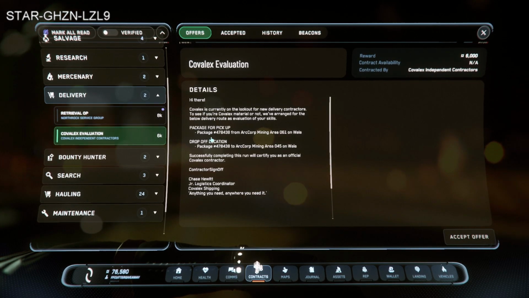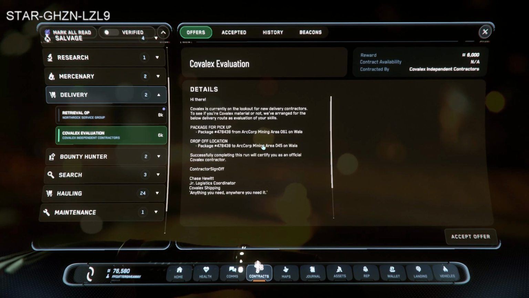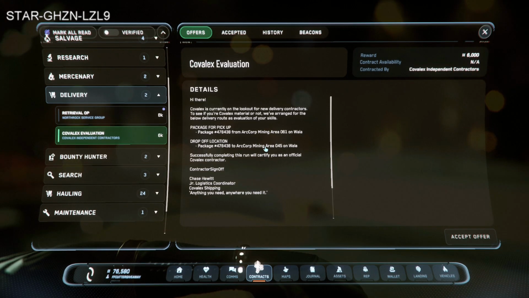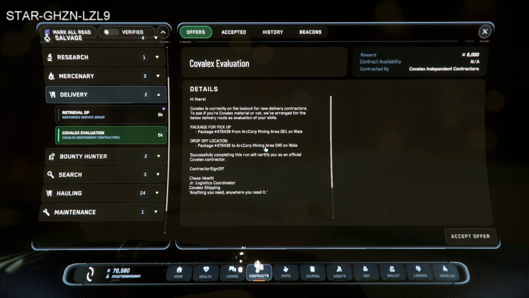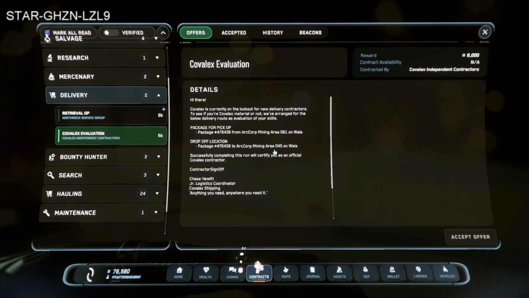We're just gonna go get a package from the mining area on Walla, and then we're gonna go to a different mining area on Walla, and we'll loot while we're there. So we have a backpack. I could have bought a 1SU container, and that would make it even easier because I could just throw everything into there. But that would require me going...